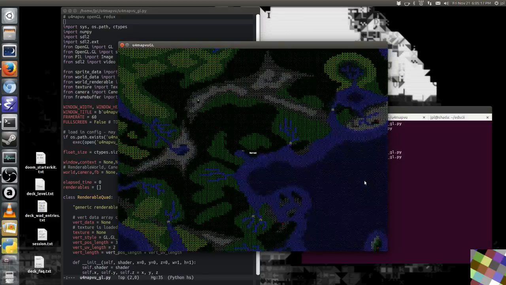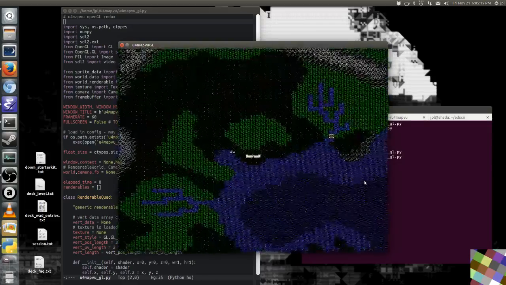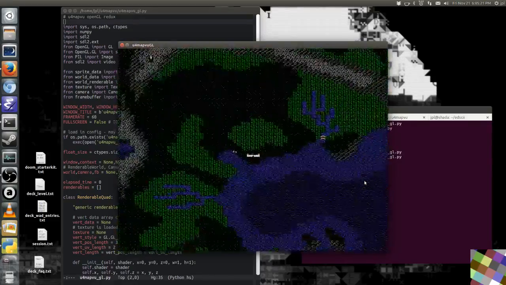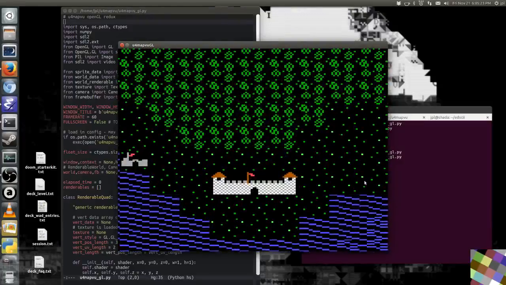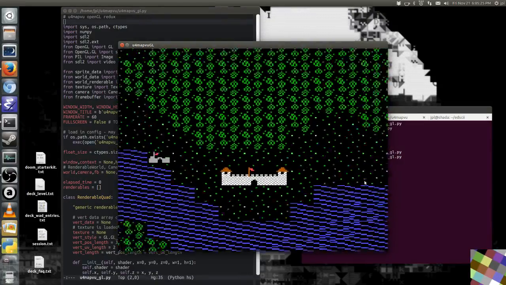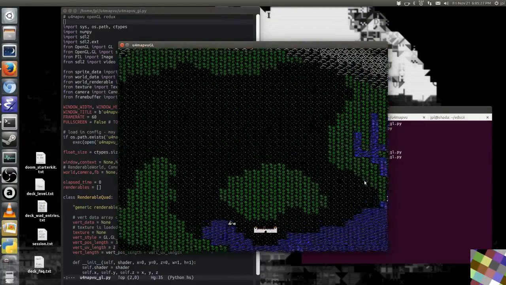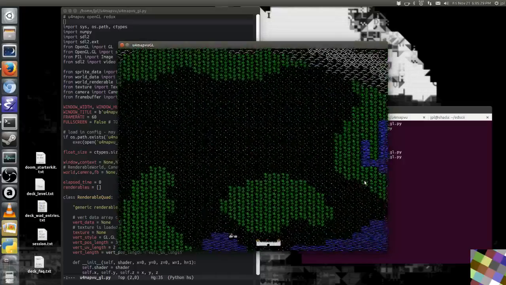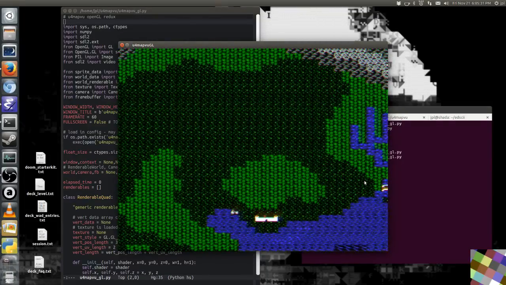There's a whole bunch of things that I'm not happy with about it, like the textures resample in kind of a gross way. I'm using nearest neighbor filtering so that it's all chunky and blocky here. Actually, I should back up a little bit. Anyway, to finish with my explanation of why this exists and why I'm doing this OpenGL rewrite of it,